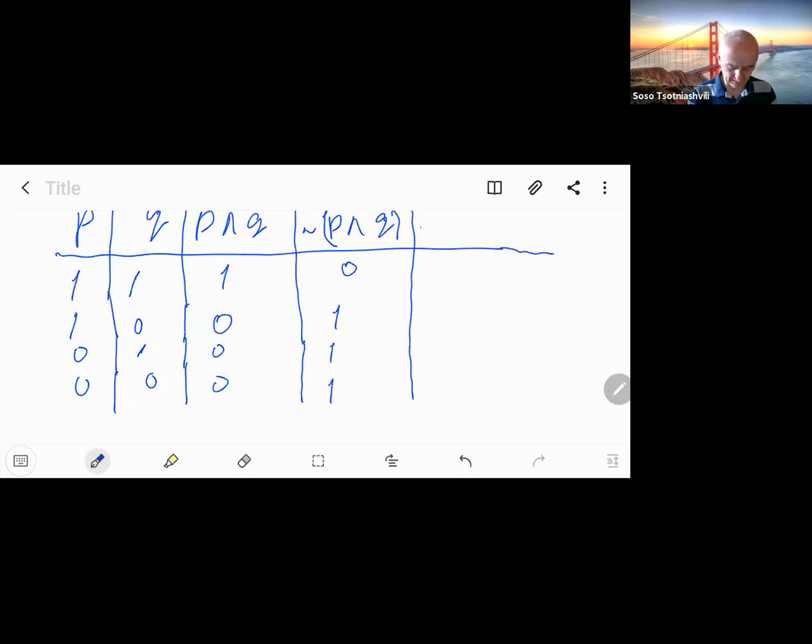Okay, next, a negation of P. Also, we need the negation of Q. And finally, we need